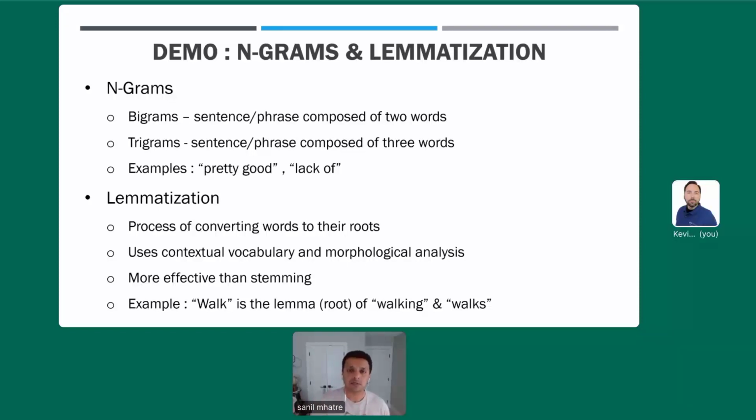And it also looks at how the word changes when it's used as maybe a noun versus an adjective versus an adverb versus a verb, or maybe present tense, past tense, future tense. It looks at all of these variations to determine what's the appropriate root of that word. It's typically a much more robust and effective technique than stemming.